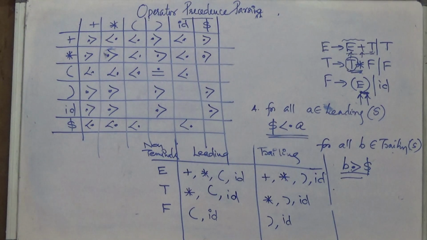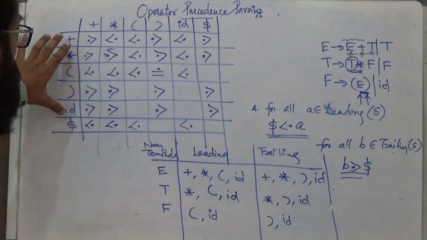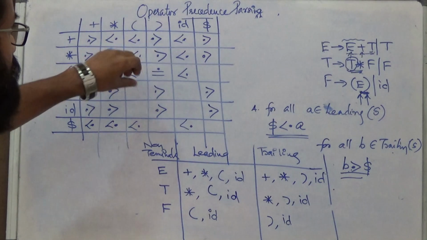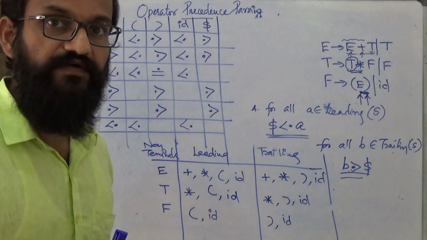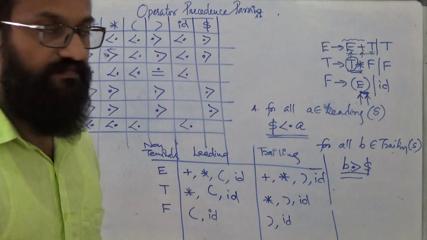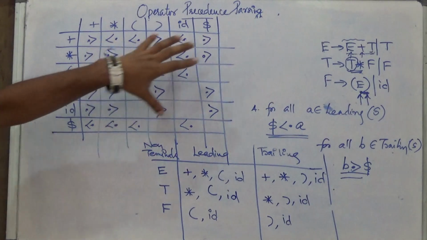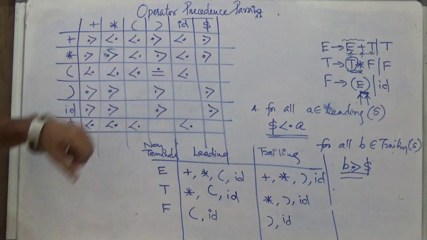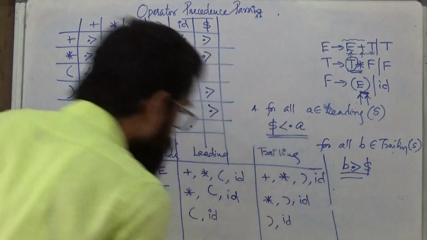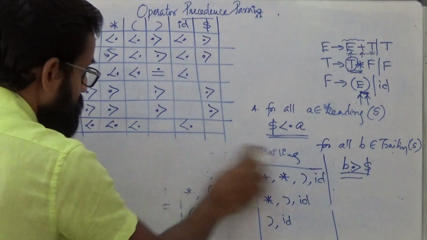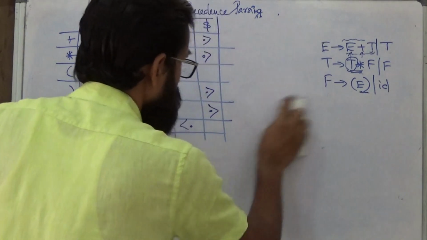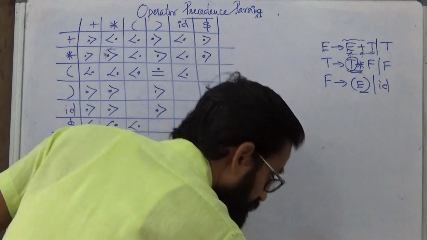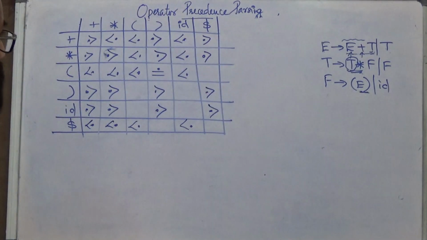So in this way, if we consider this operator precedence table, it is pretty clear that entries are unique, in the sense that for a pair of terminal symbols we do not have multiple precedence relationships. So this is actually an operator precedence grammar, so you have unique entries. Now how does this parser work? Let me illustrate the working of the operator precedence parser based on this operator precedence table.